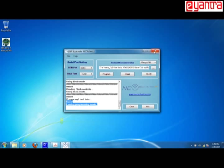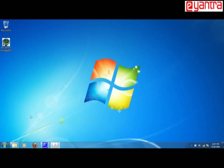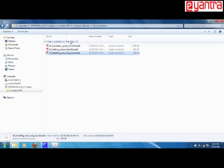So you need to close this in order that your COM port is being utilized by the GUI. So just now our next step is to install the GUI. For installing the GUI, you have to again go into the folder